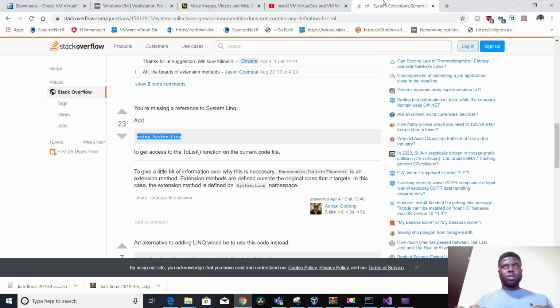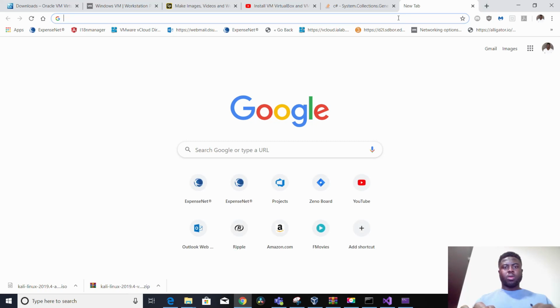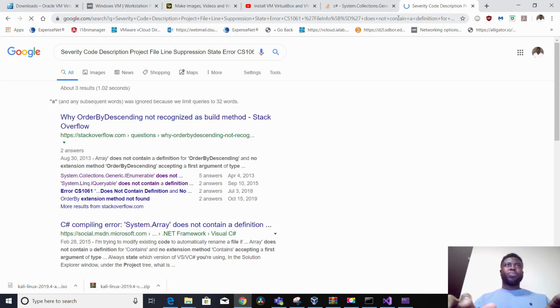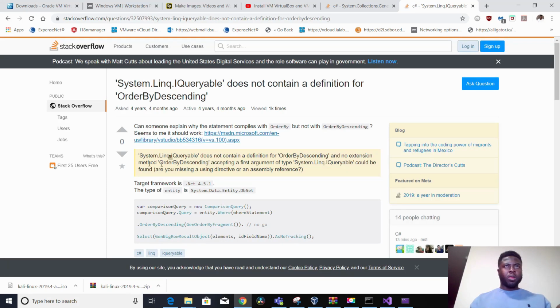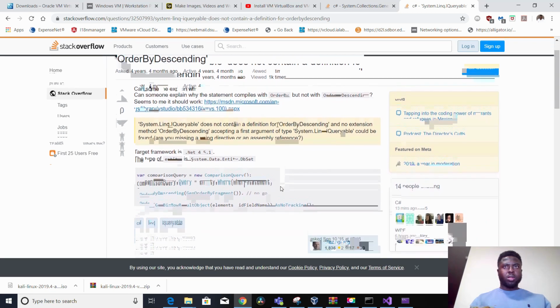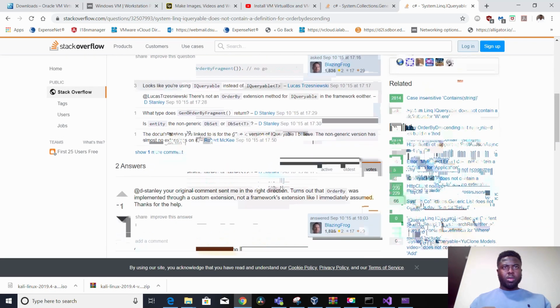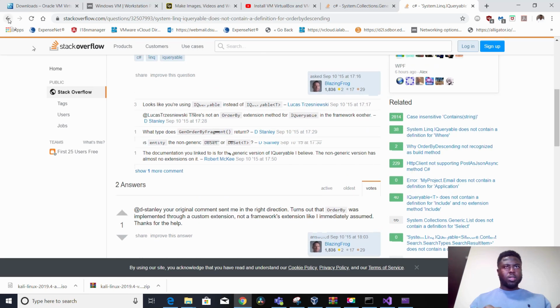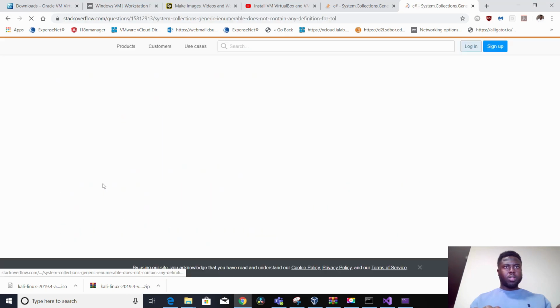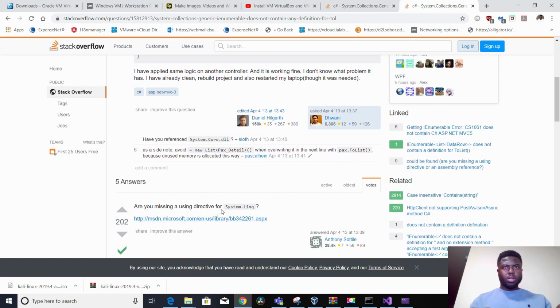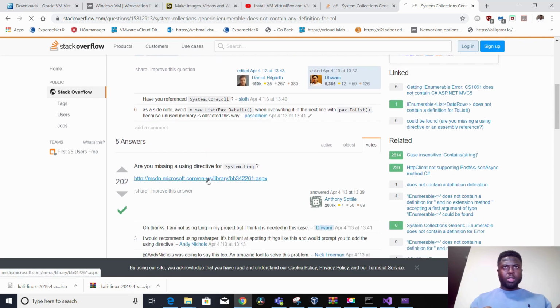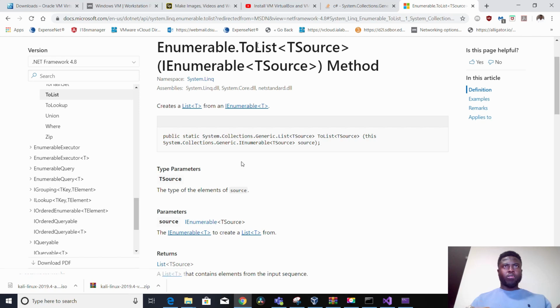So I'm just going to copy the error and come onto my Windows browser, paste it there, and see why it's giving me that type of error, and read it, and probably I can find a solution online. Maybe someone has run into that error before. So I read, and Stack Overflow is the greatest tool out there for coders. I think someone solved it, and the person said, oh yeah, you are just missing a directory, and it's using